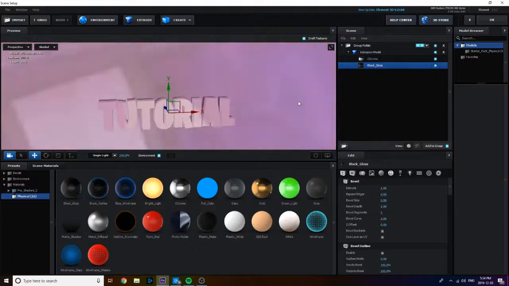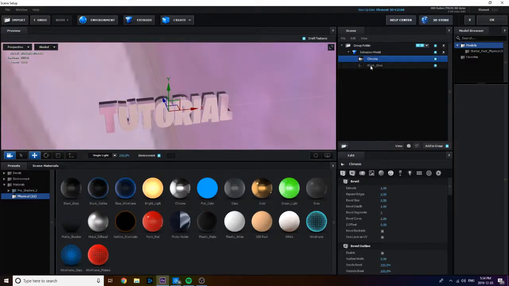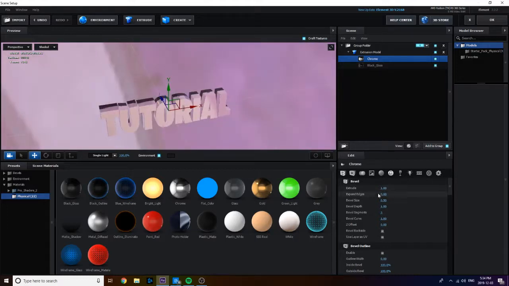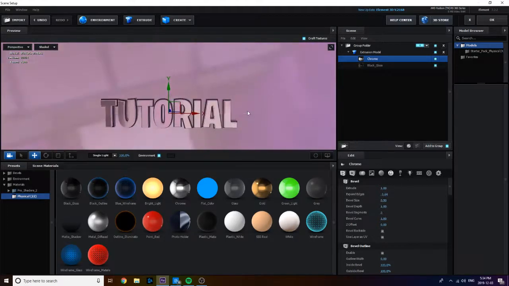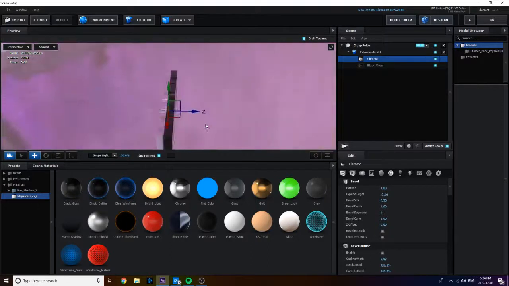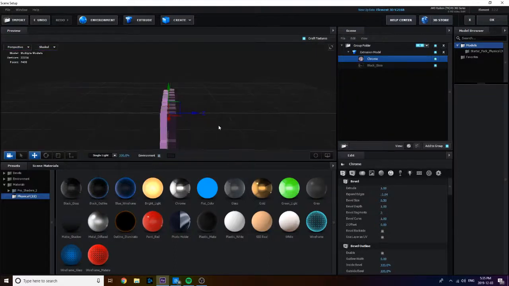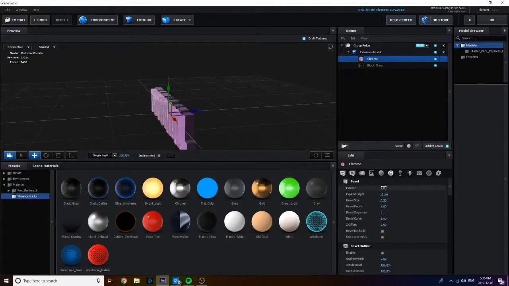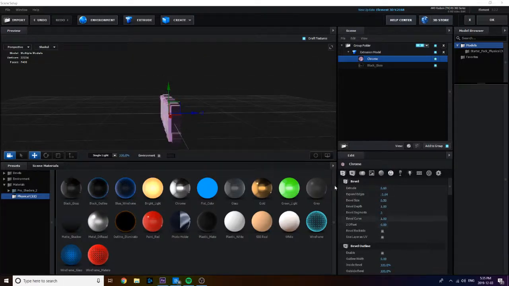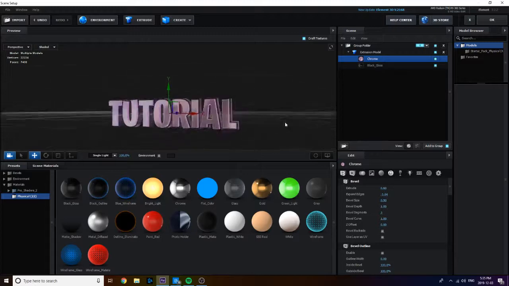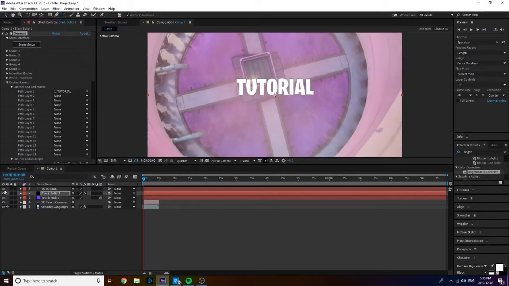But you can see that it still doesn't look amazing, so we can further refine this by clicking back on our chrome option and dragging our expand edges down a little bit. You can see that creates a little layered effect there within the two bevel copies, but it still looks a little bit funny because the pink is just about as big as the black. So what you want to do is take your extrude and make it 0.6. And now that will just shrink down your top bevel so that it's not sticking out as far. Now when you click OK, you will have